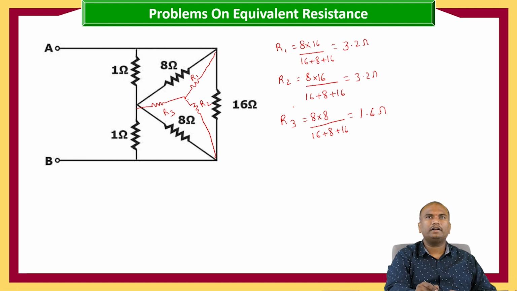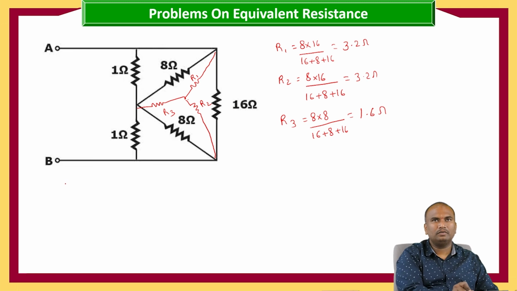Now we got the R1, R2 and R3. Now I am going to replace the circuit with these star values. Now our circuit will become